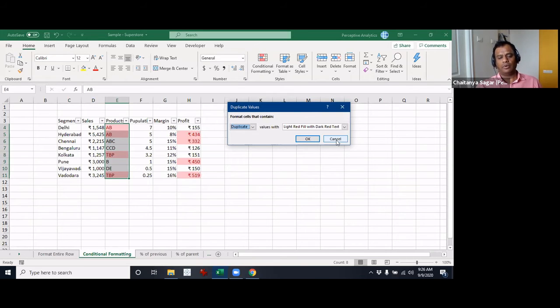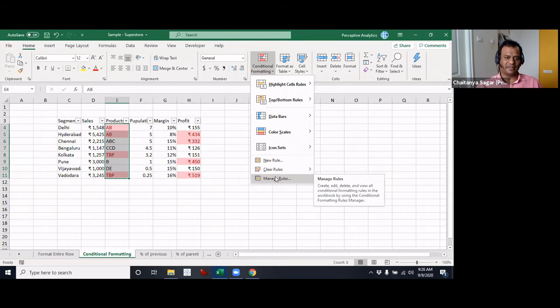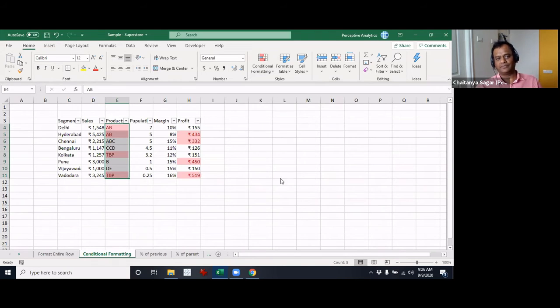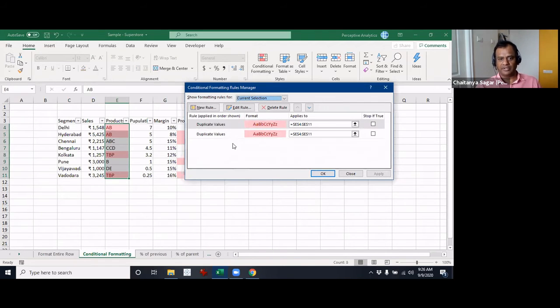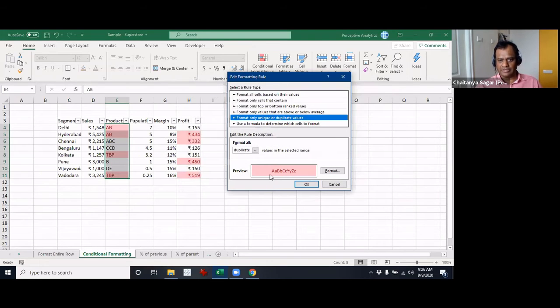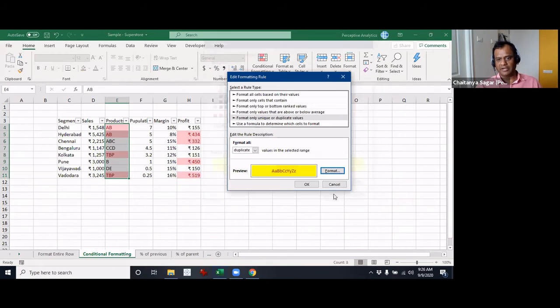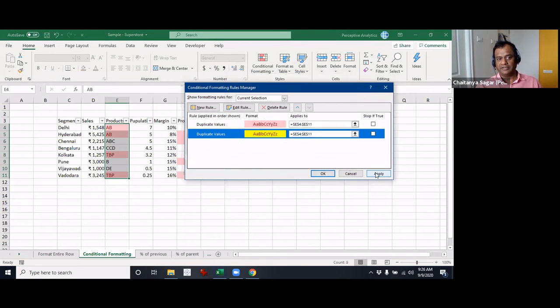Let me see if there is any other way for us to give other formatting, but even in that case I suspect that you'll not be able to give different formatting for different duplicates of different values, because in any case it will basically say duplicate values. There's no way for you to say anything else. In fact, we do have it twice here. So I'll edit the rule, duplicate, and I'll give a completely different formatting to this. Let's see how that works. I suspect that the second one will apply.